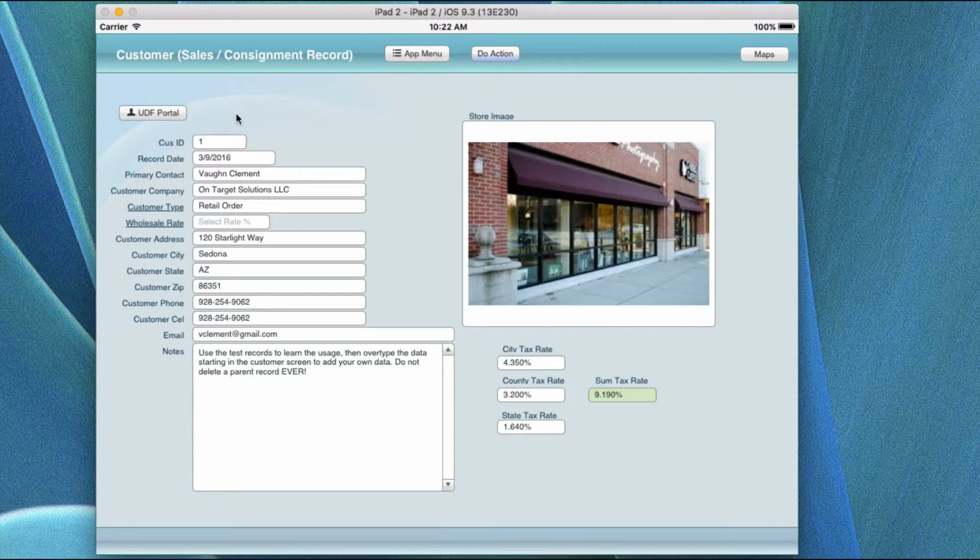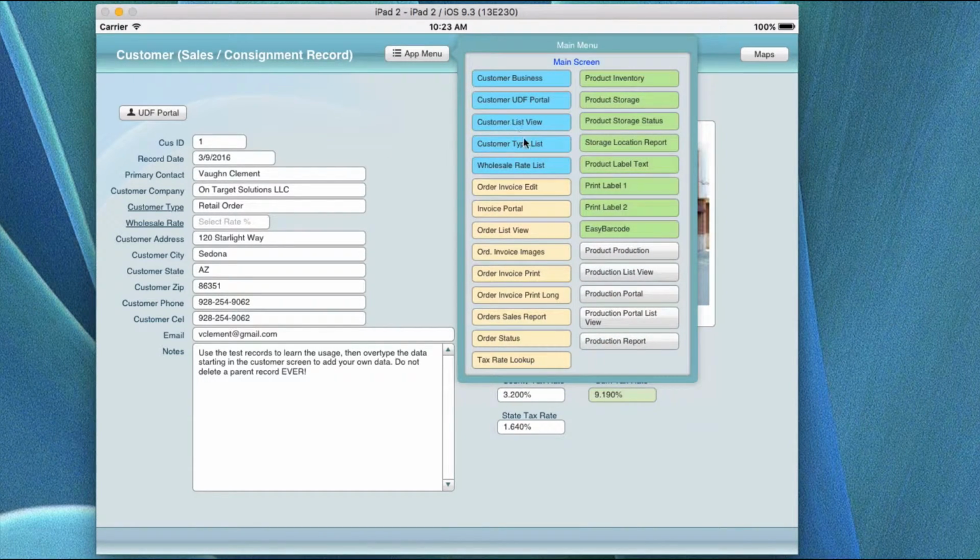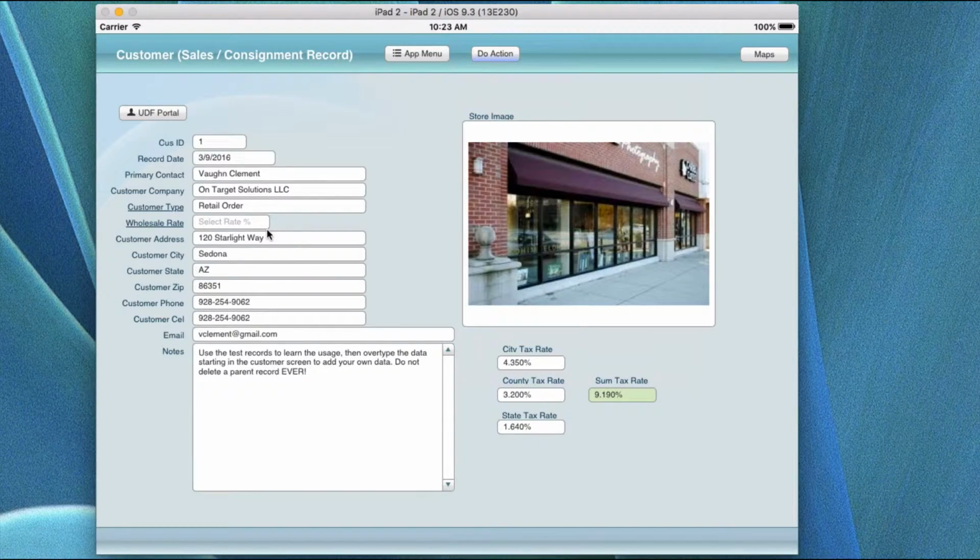Now, talking about that right now, this is one individual business as a parent record, and there can be sub-records that are below that. For example, these are sub-records down here, and child records is what they're basically called, like a list view, a typed list, and these other ones that are related to doing things in this record for the client screen. Okay, down at the bottom of the screen,